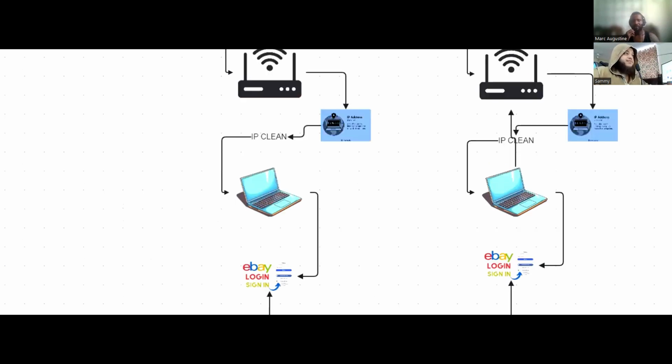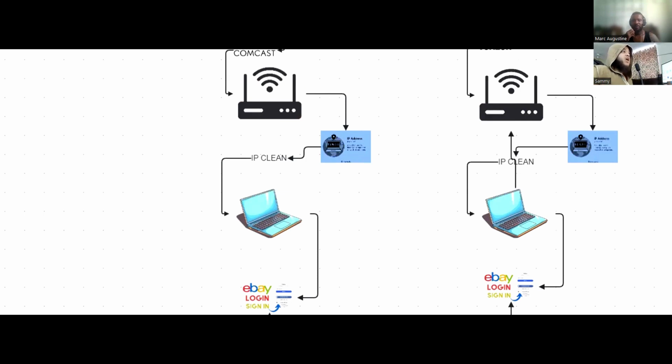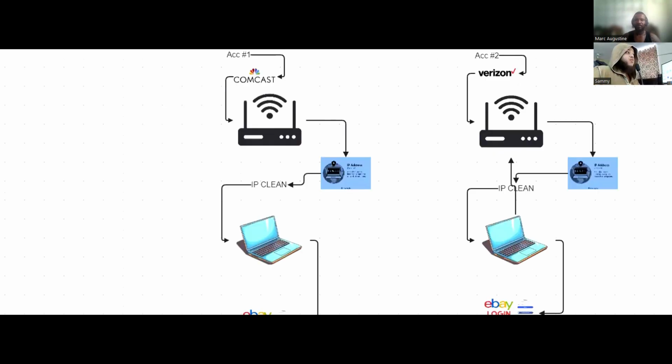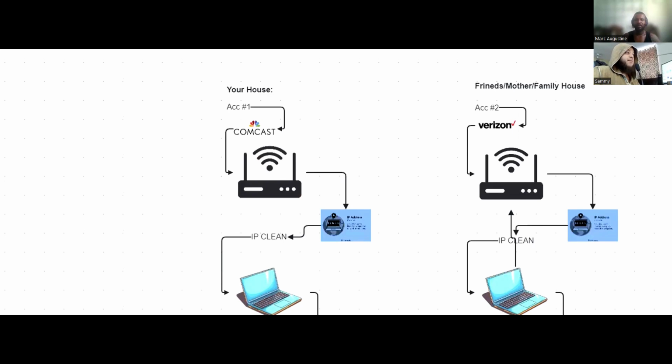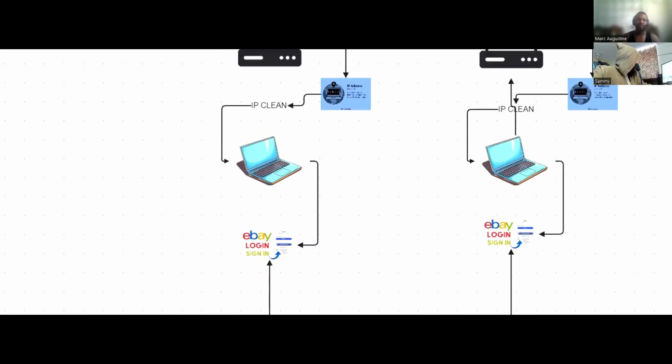And then secondly, some eBay accounts I run on mobile IP addresses. What I do is first create the account on a legit ISP modem. Then once the account is created and I prime the account, I change the internet. Instead of using the Comcast modem, I use a mobile tether. So let me pull that up for you. Mobile tether ISP.